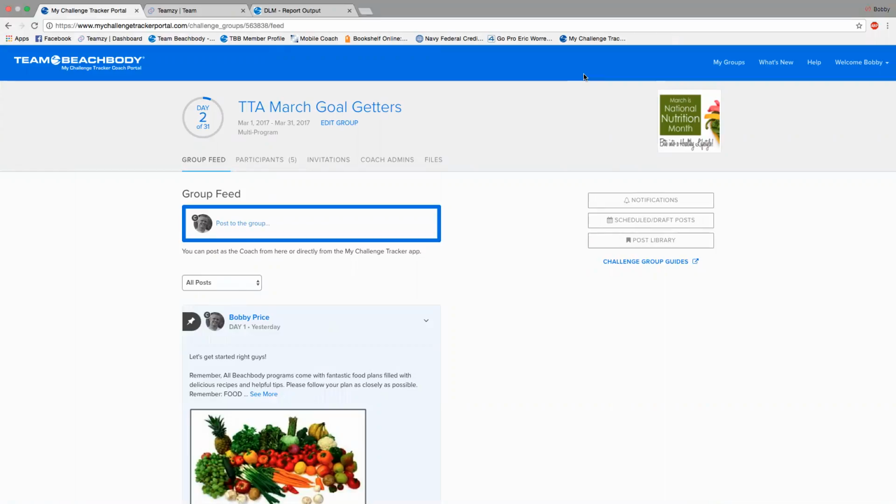So, where I am right now is the Team Beachbody My Challenge Tracker Coach Portal. And what this does is it provides an interface with the actual challenge app to where we can post things and set things up for the future. So here's how you schedule a post. Basically we can sit down for 20 minutes in a day and set up posts for the next month to make sure that no matter what happens in your life, you're at least consistent with moving the challenge group